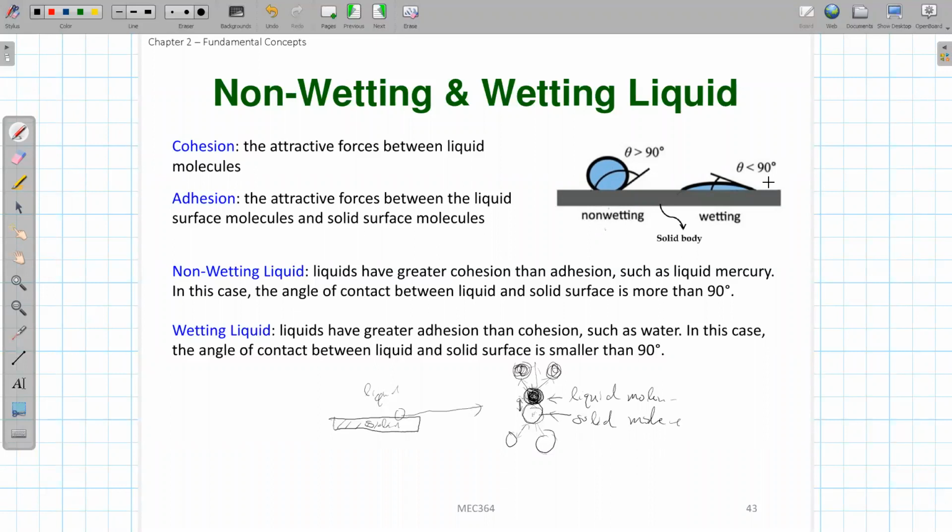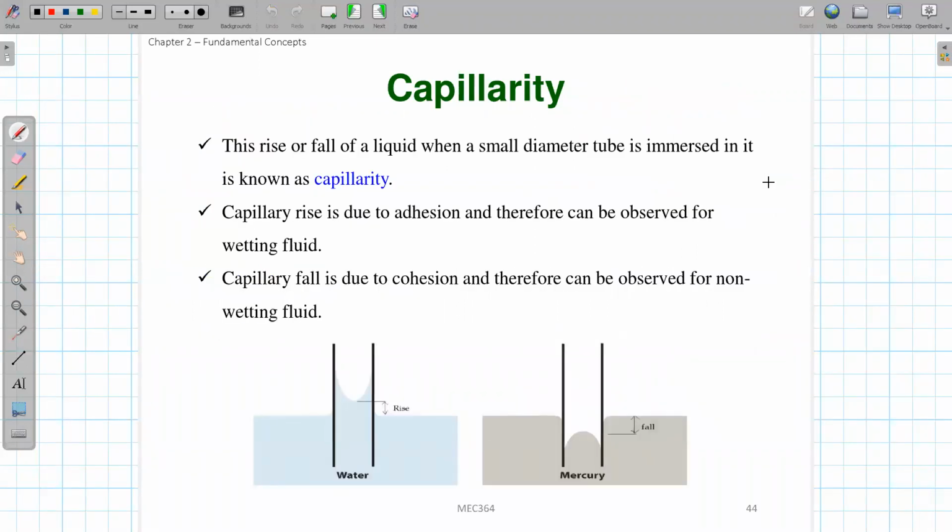Okay, so after we have explained this non-wetting and wetting behavior, the next physical fluid phenomenon we can observe is so-called capillarity. So what is capillarity? Basically, it means that if we put a small diameter glass tube into a liquid, water or mercury, or some kind of liquid, you may observe that